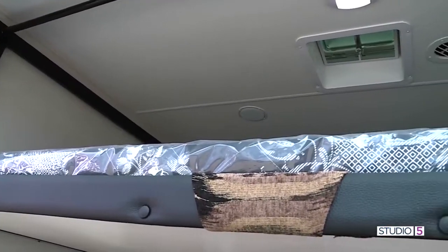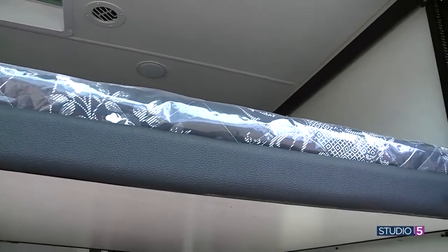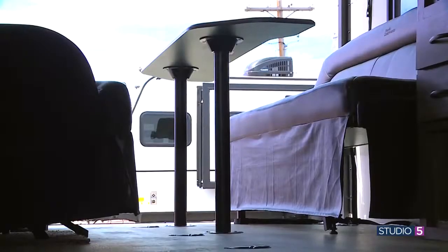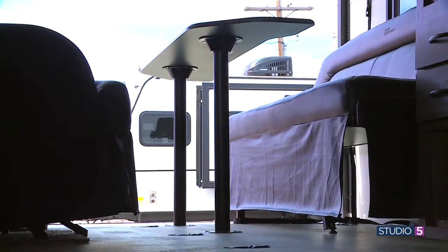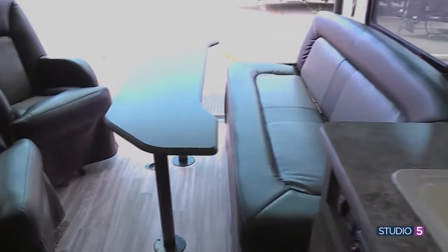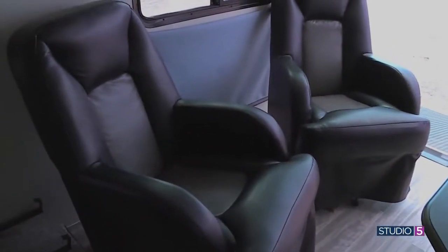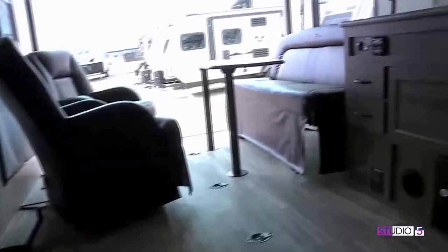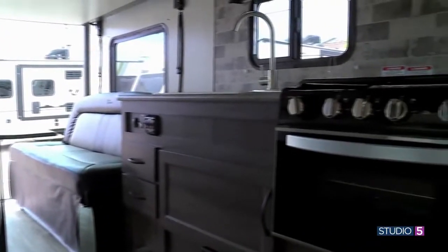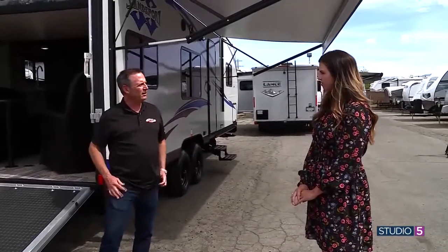That Happy Jack electric bed in the back, again, you hit that button, and you've got a queen bed right here. So total, we're looking at about six, because you've got this little sofa on the side that'll make down for a third bed. It's a smaller bed, maybe for kids. And the other thing about toy haulers, because they've got a big open space, maybe you throw down an air mattress and you've got more sleeping. So you take the cousins, the neighbor kids, everybody in this thing. And then it's got a real nice kitchen, full-size fridge, everything you need to go out and take your